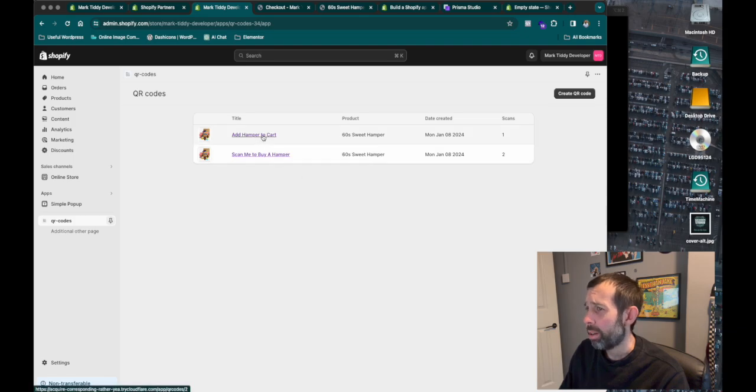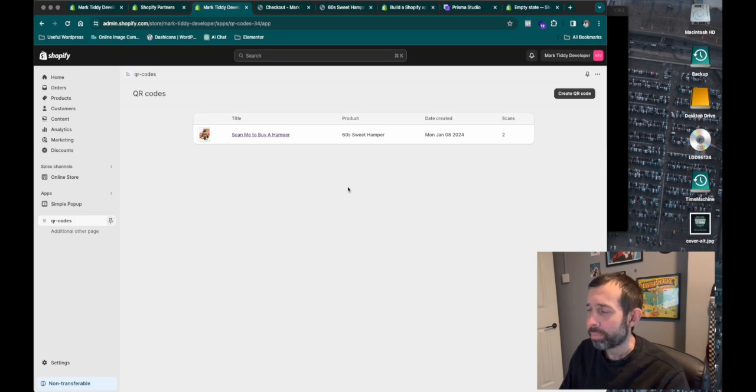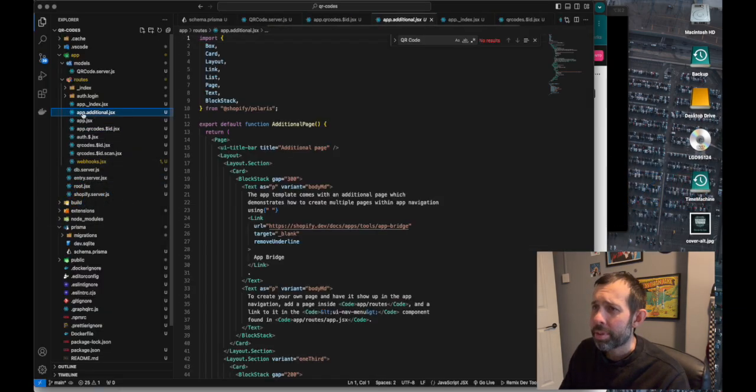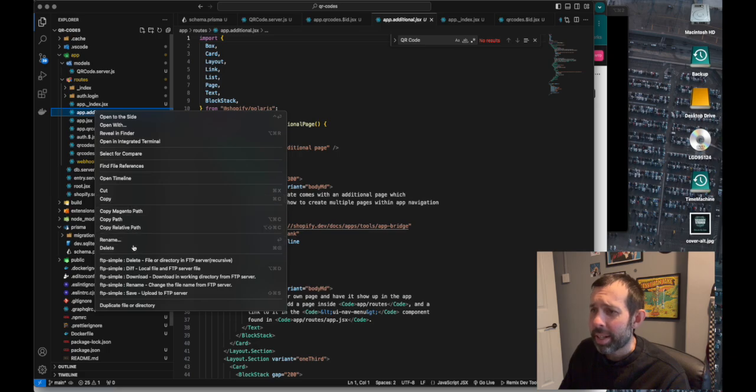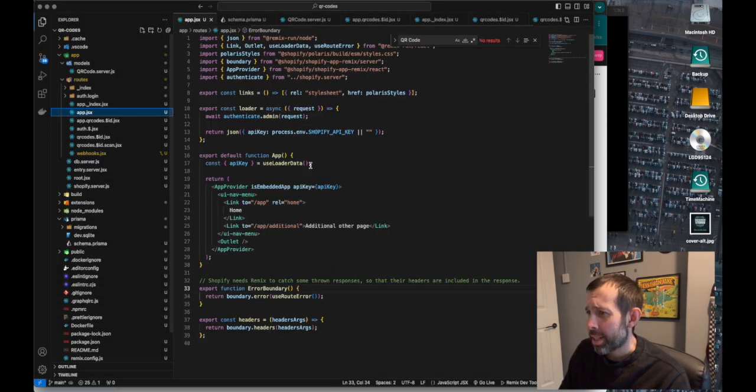Now, of course, you can go in here and delete if you want to. And we go back here. And one other thing we'll do just to tidy up is we'll just delete this additional page. So if we go back to our code, we've got our app.additional. I'm just going to delete that. And then I'm going to go to app.jsx where we've got our nav menu, and I'm going to delete this